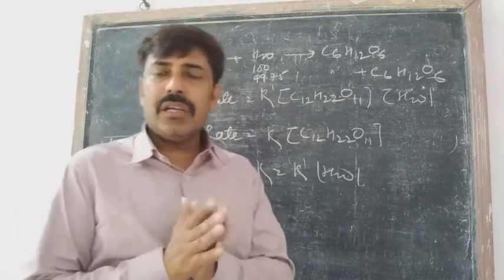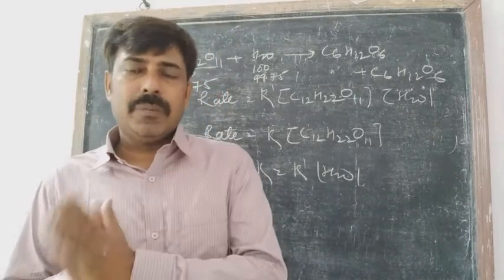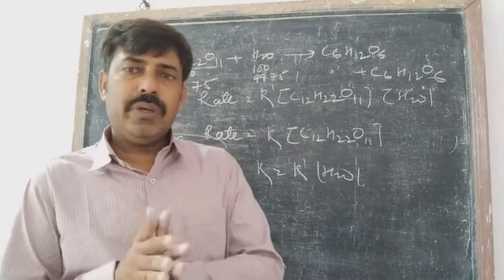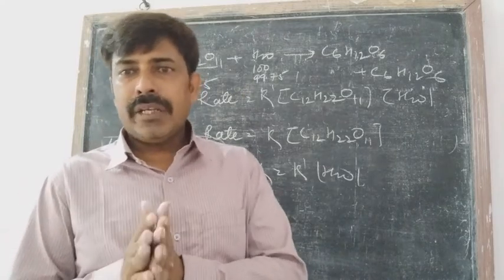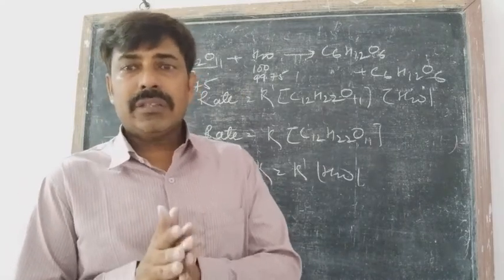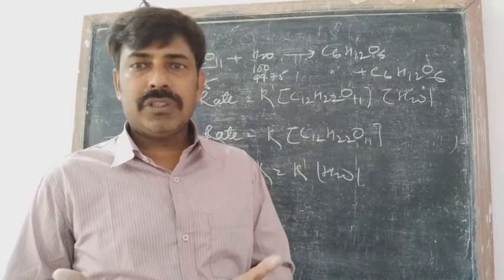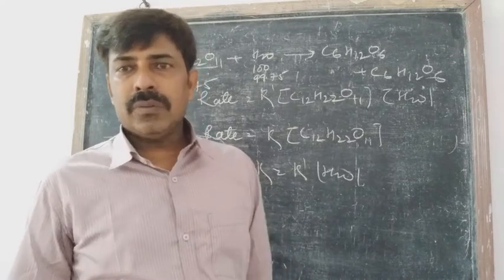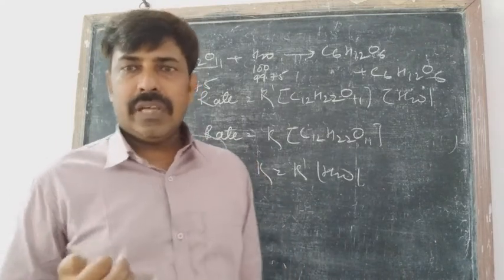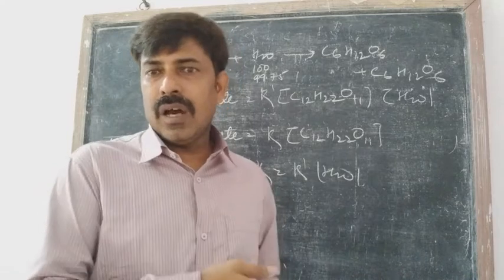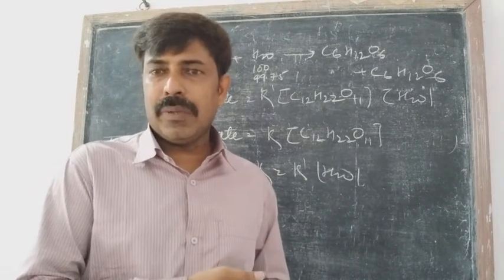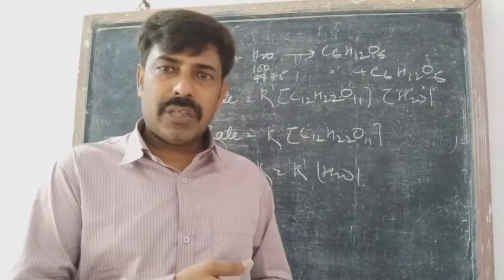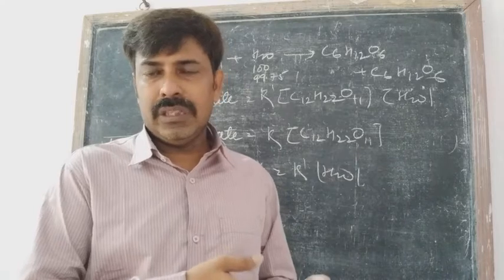In your book it is clearly written, when you increase the temperature for a first order reaction by 10 degrees Celsius, the rate of reaction almost doubles. So in the next class we will see how the temperature varies the rate of reaction, and some of the exercise questions we will see in the next class.